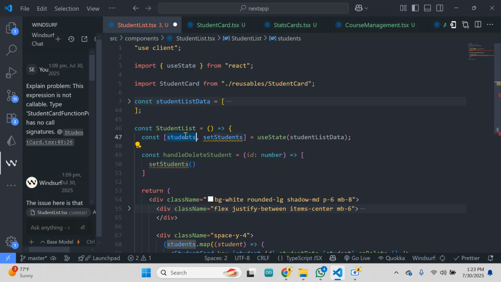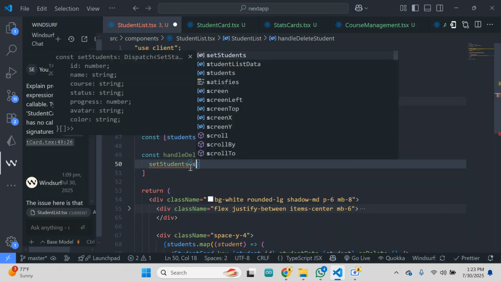Here we are going to use what we call a filter. We are going to filter those students and take the one with the same ID out, and we don't need to display that one. Here let's put students